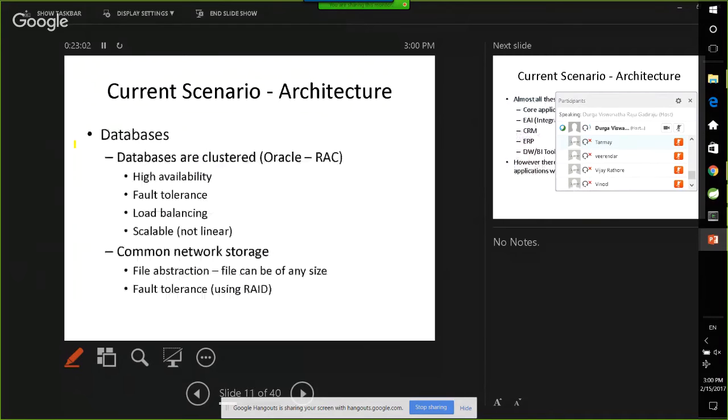Okay, and it has common network storage, and it follows file abstraction. So earlier, 10 years back, when CPU, storage, memory, everything was co-located, a database file on the server could be at max the size of the one hard disk of that server.